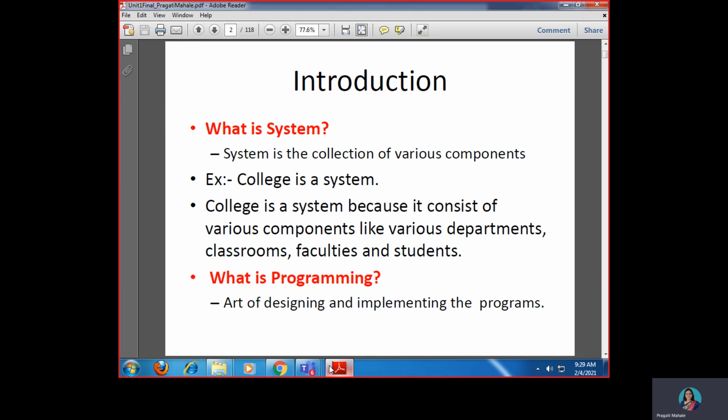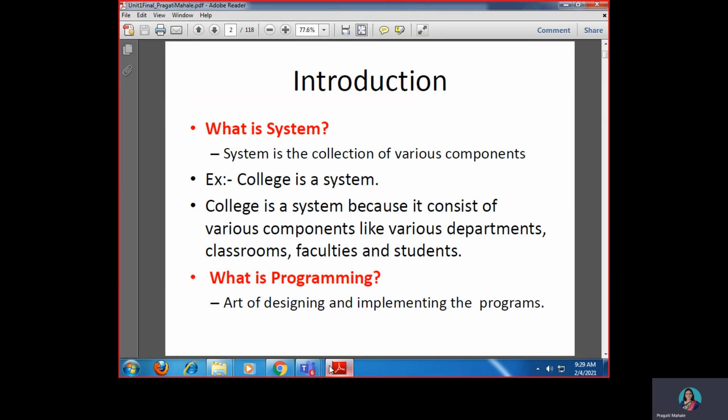Here is another example: our college is a system, because it consists of various components, different departments, classrooms, faculties, students, library, books, and many different courses. All this forms a system.